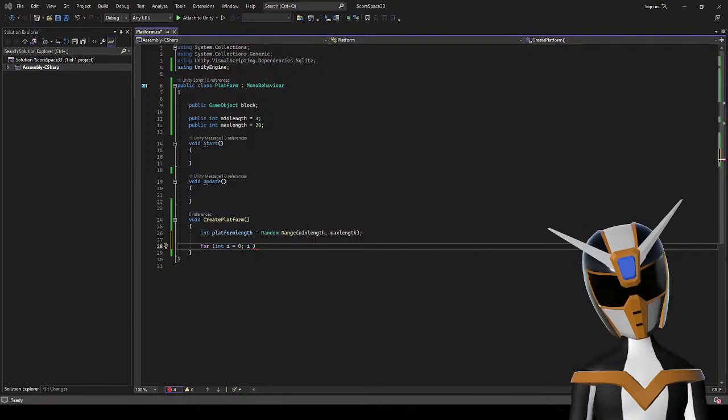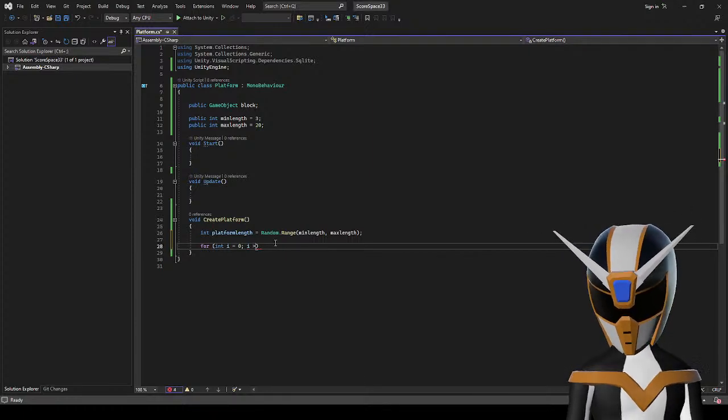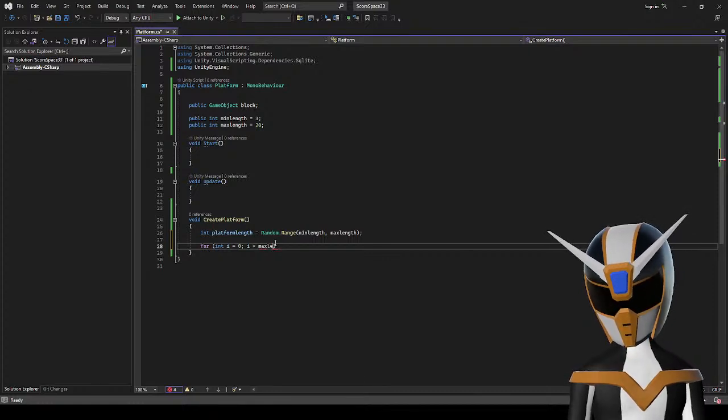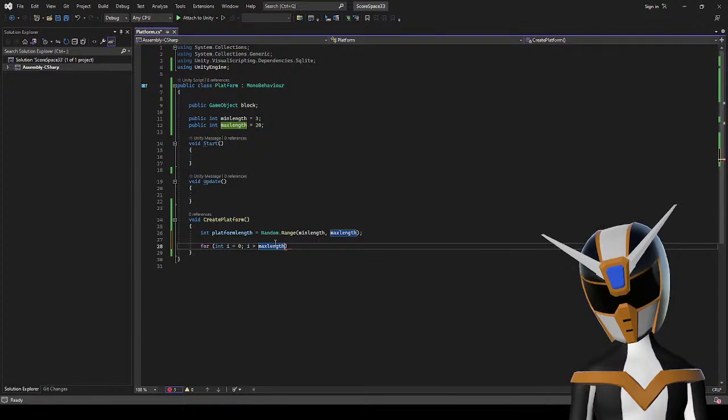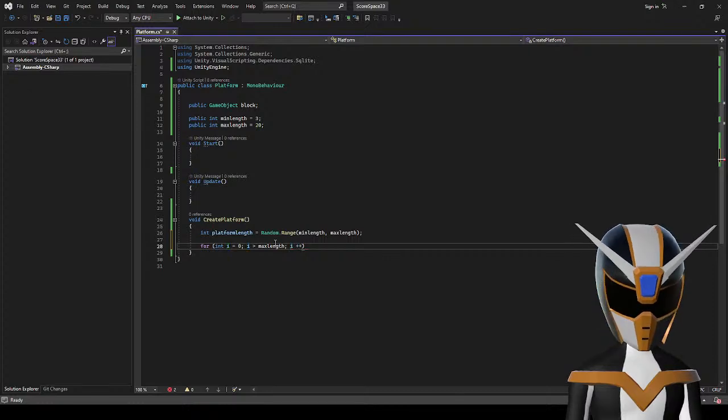I think it's like while i is less than max length, i plus plus.